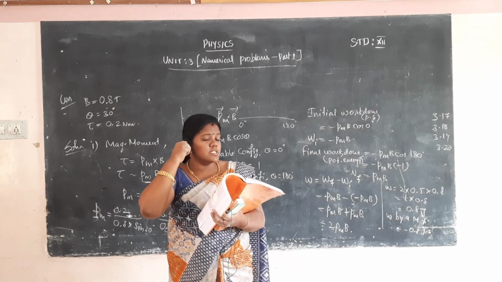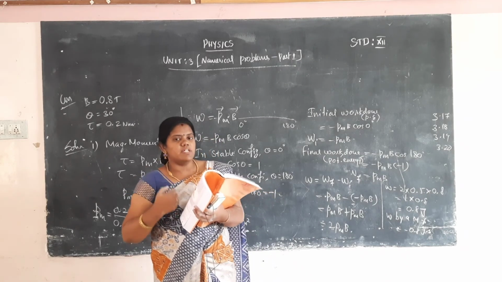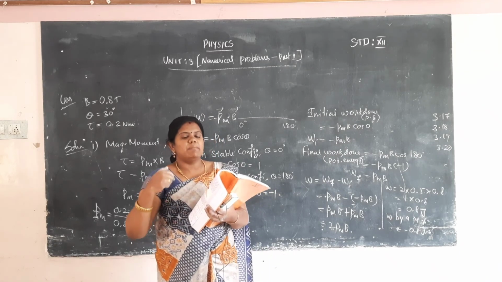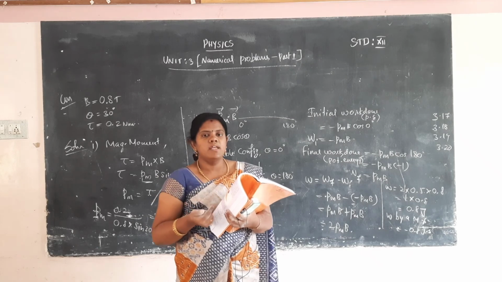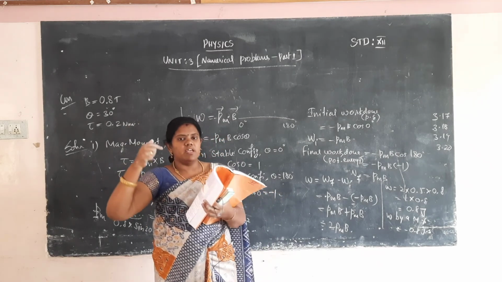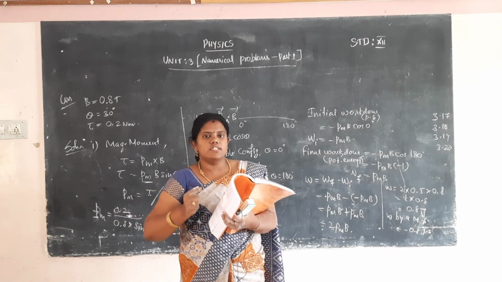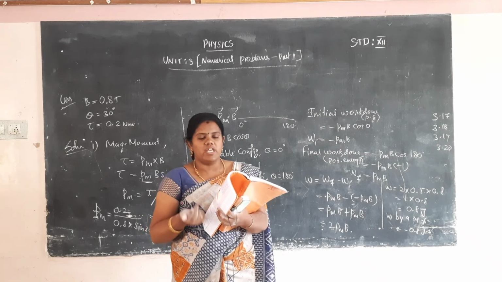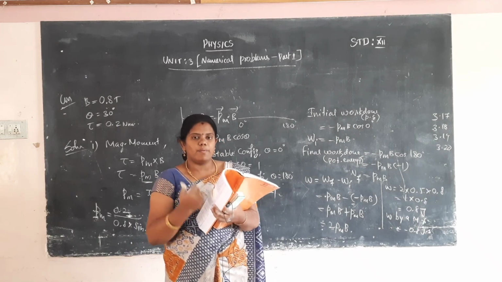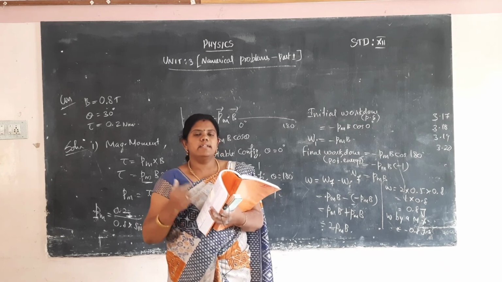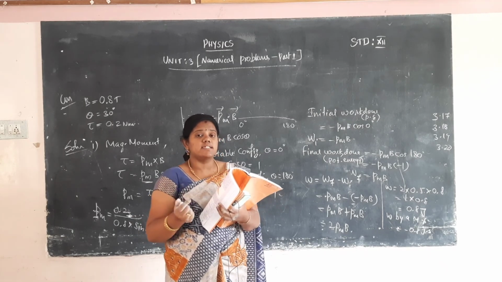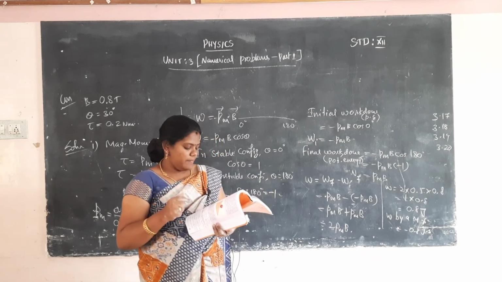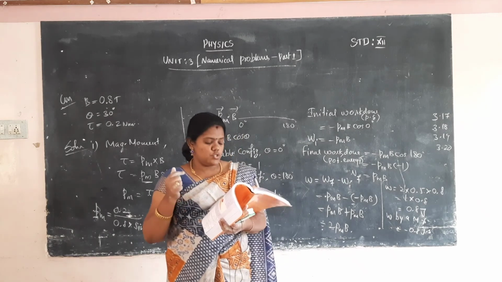The second question is a conductor suspended from a rigid support by a string, kept in a magnetic field. The magnetic field gives a force on the conductor, and the suspended string gives a downward force also. We want to equalize the two forces. The mass value is not given. The mass value is calculated from the linear mass density, and then the two forces are equalized, and we easily find the current value flowing through the conductor. Okay, that's the second question. The current value is 2 milliampere.